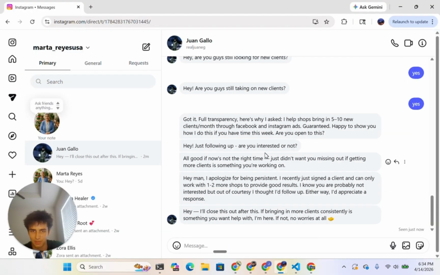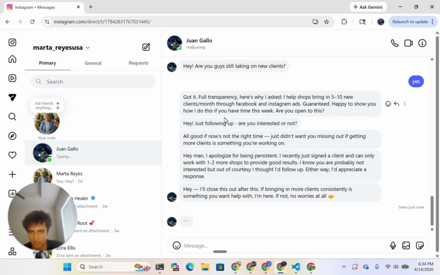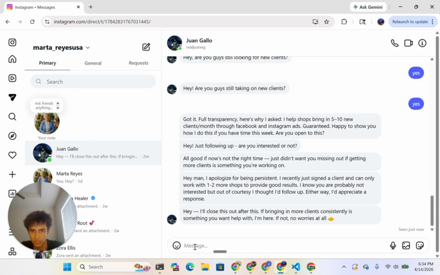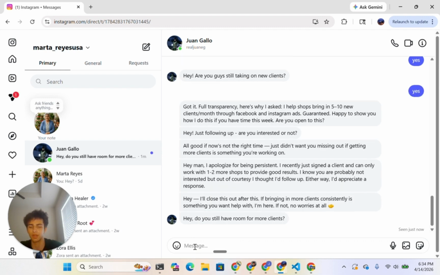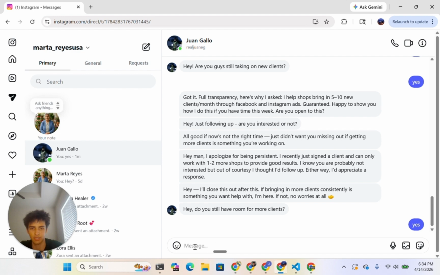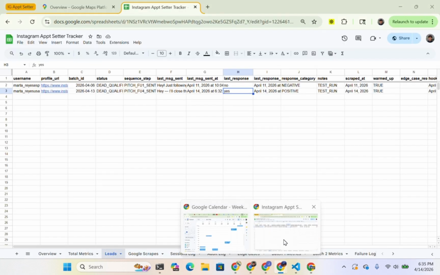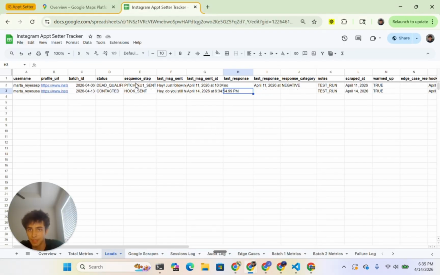As you can see, I've been trying it out a little before this. This is like the entire follow-up sequence. But here I should send the first hook message. Hey, do you still have room for more clients? Yes. And so if you look at the Google Sheets, which is where I log everything, there should be, the